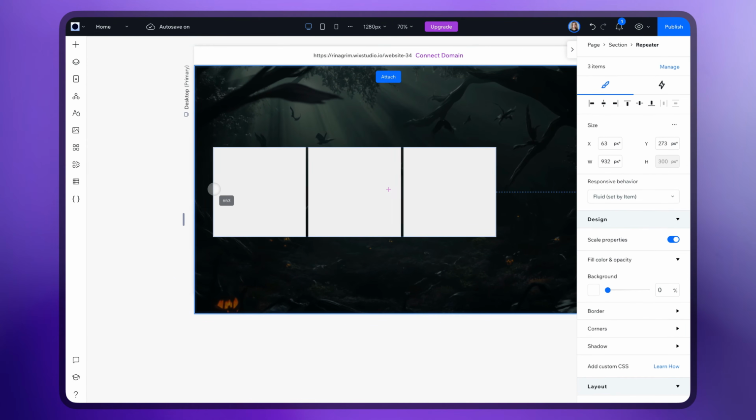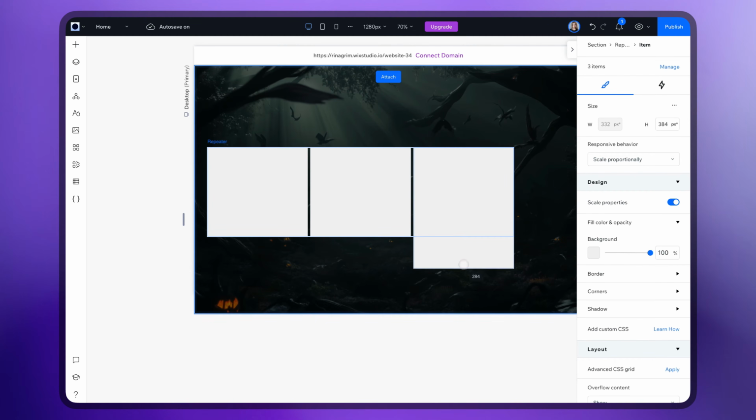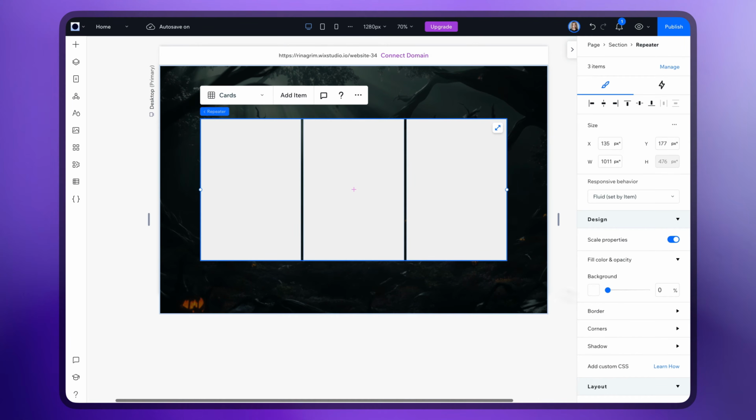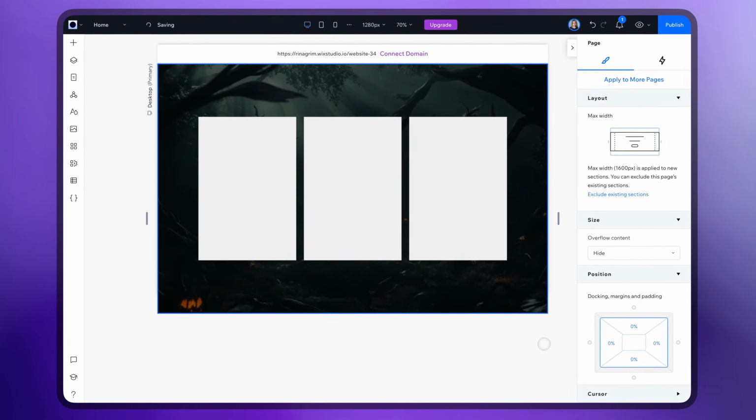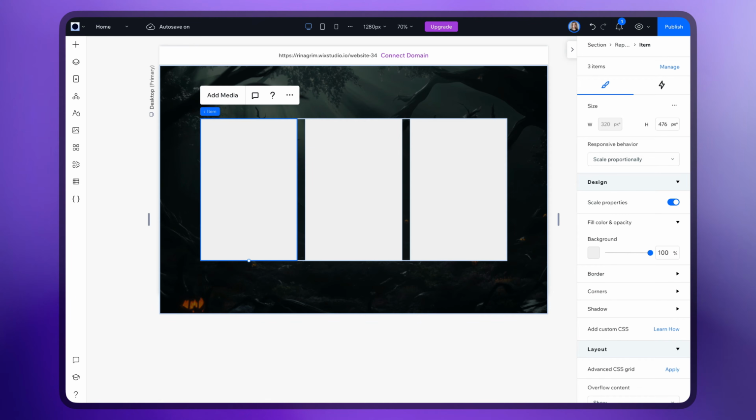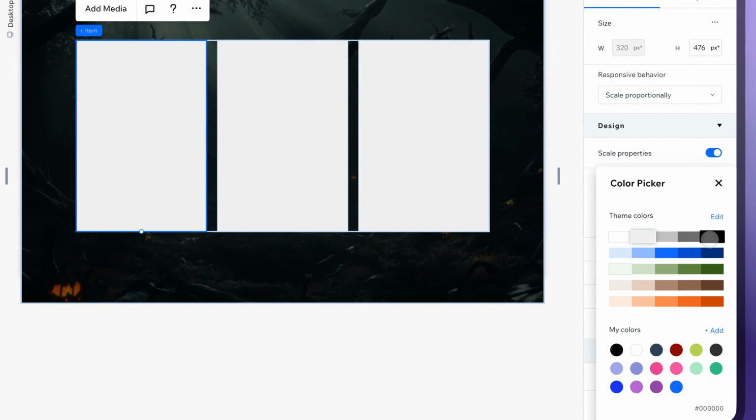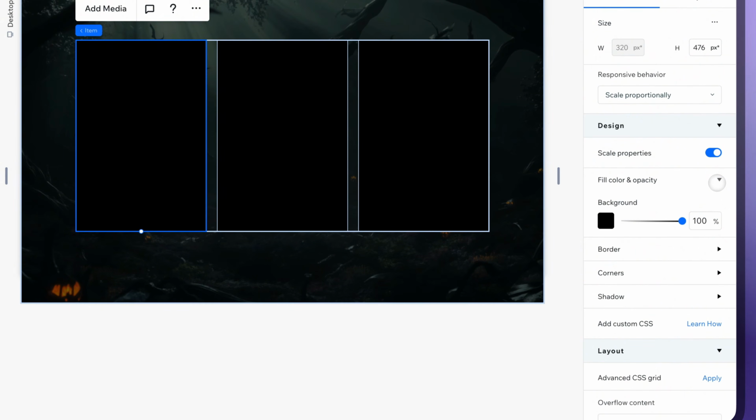Resize and align it center. Now scroll down and change the gaps between items. Click on one of the items, change the background color, round the corners,